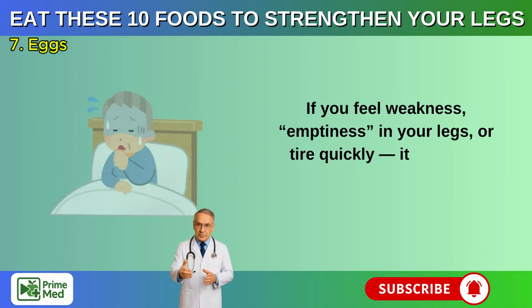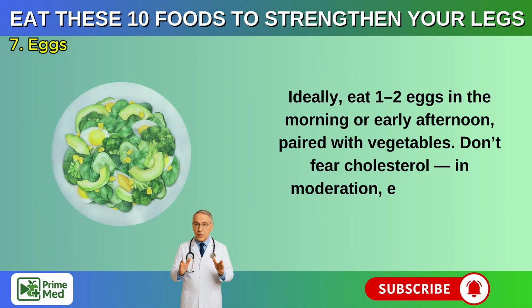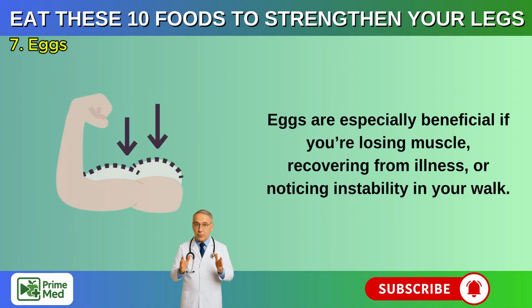If you feel weakness, emptiness in your legs, or tire quickly, it may be a protein deficiency. Eggs can help fix that. Ideally, eat 1 to 2 eggs in the morning or early afternoon, paired with vegetables. Don't fear cholesterol in moderation. Eggs actually support balance. Eggs are especially beneficial if you're losing muscle, recovering from illness, or noticing instability in your